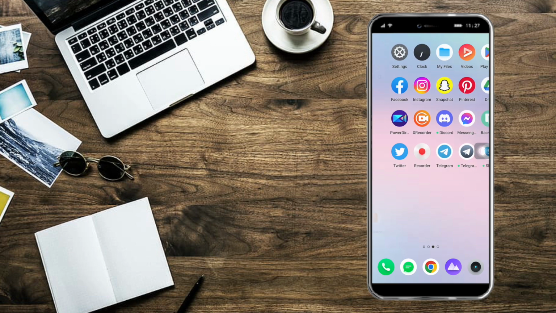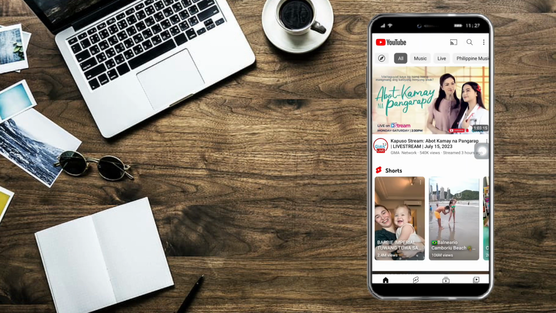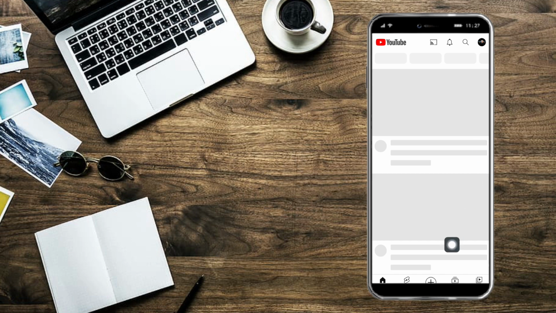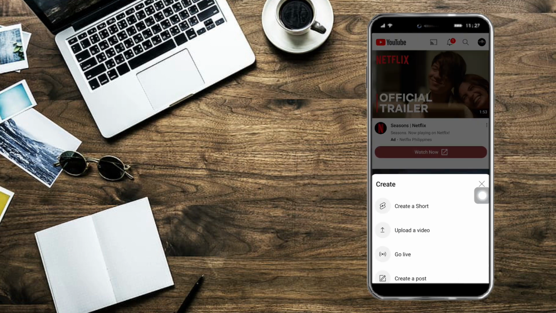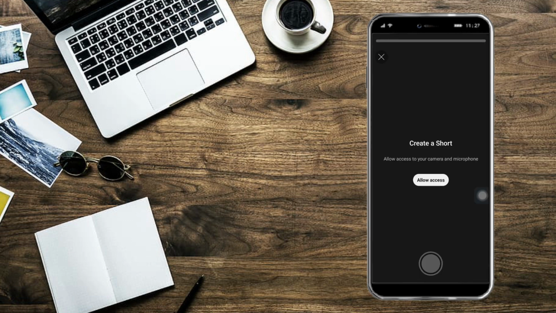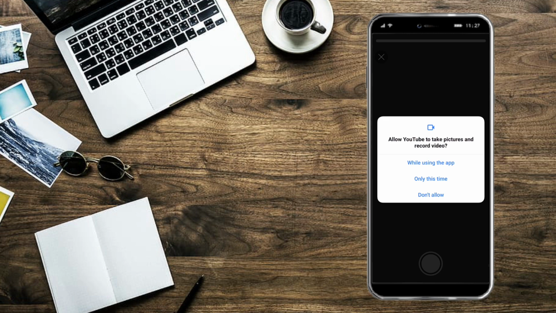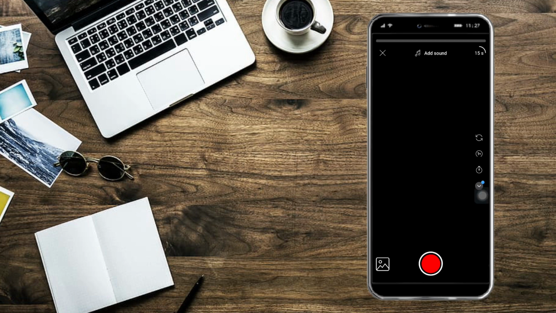So to do that, let's head over to our YouTube, which is right here, so click on that. And once you're in there, just click on this plus icon right here on the bottom. So let's click on plus button, then click on create a short right here, and click on allow access to your camera and microphone. So let's allow access on our microphone